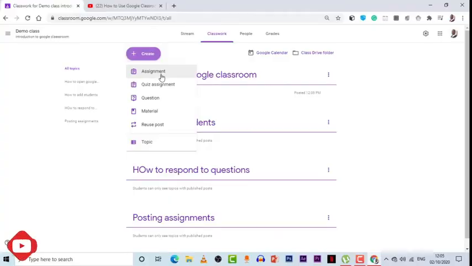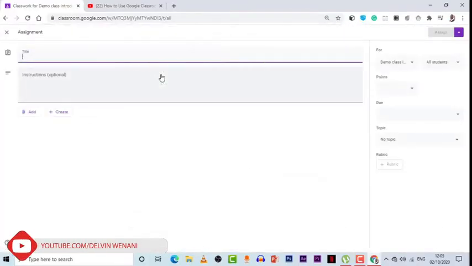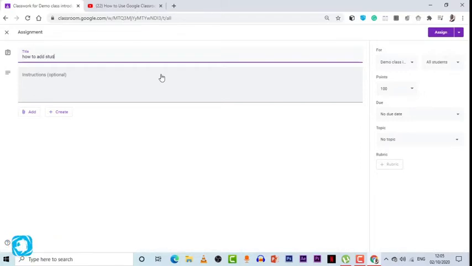You can add, there are so many things. You can add a quiz. For example, if I want to add a quiz, I want to add an assignment, I can click there. Then the assignment is how to add students, maybe. Then I'm asking you how